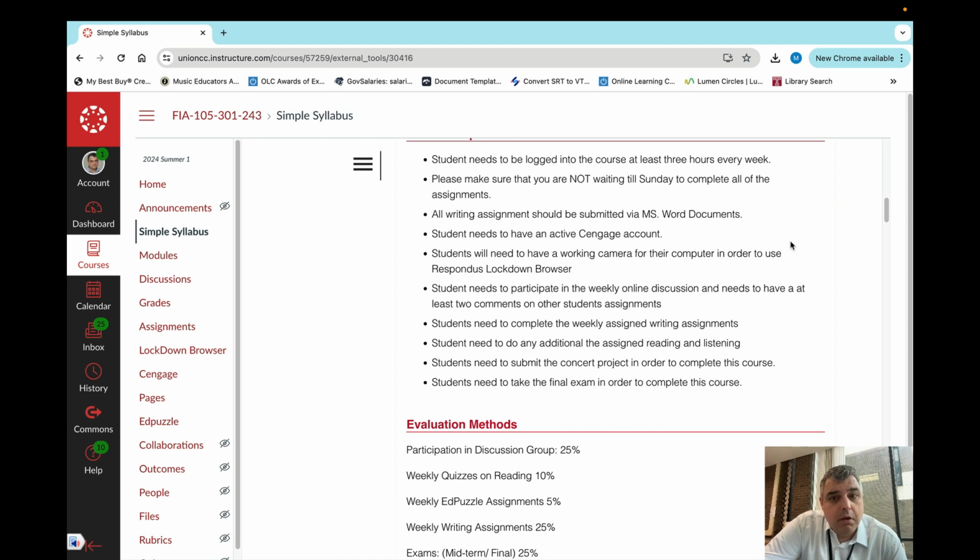Okay. With this class, we're going to need to have an active Cengage account. Okay, so the book for this class is already included when you registered. It's by Craig Wright. It's called Listening to Music, I believe, and it's already integrated into the Canvas shell. So you'll be able to log in. But if you haven't had a Cengage account set up yet, you'll need to create that. It's free. It just takes a couple minutes. If you use Cengage books for a lot of other classes at the university, you'll be all set up.